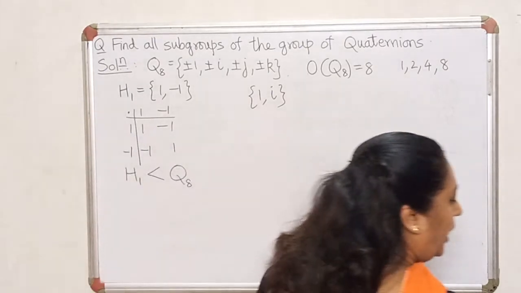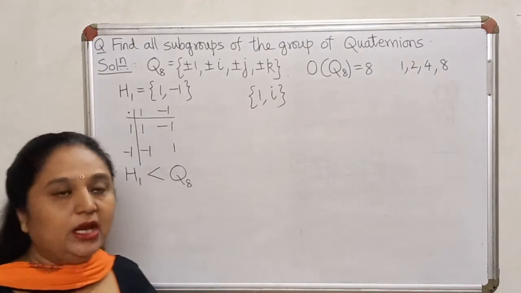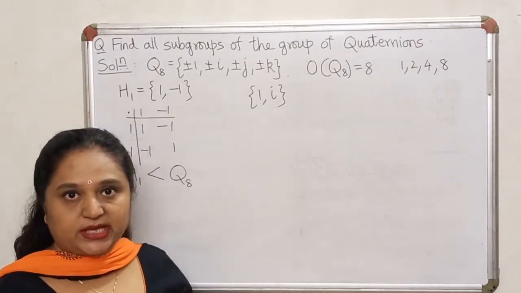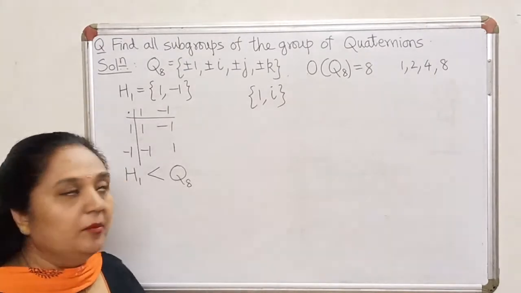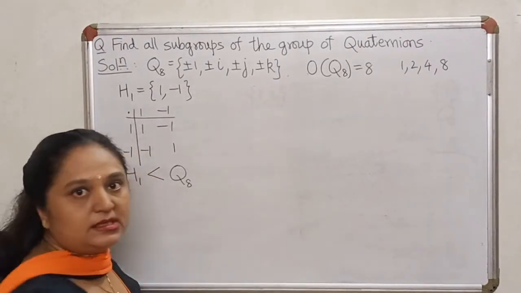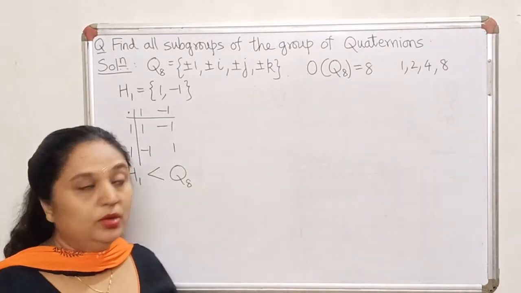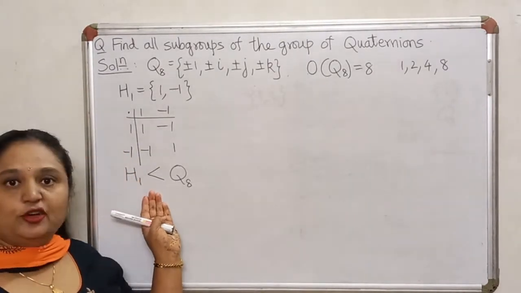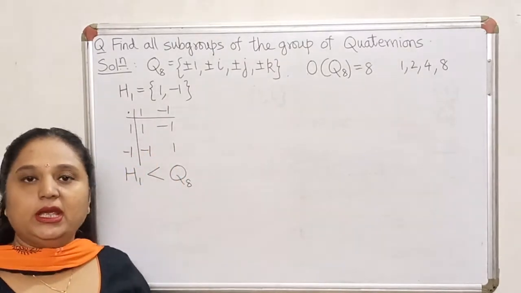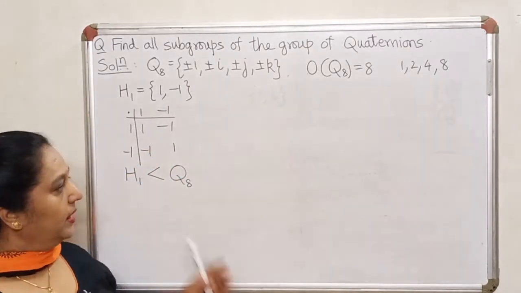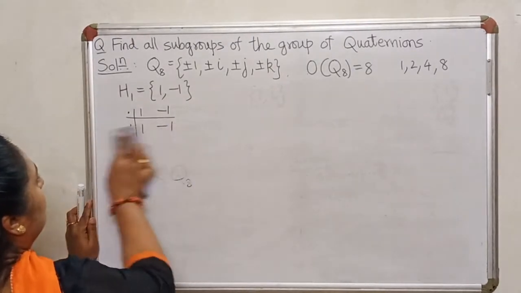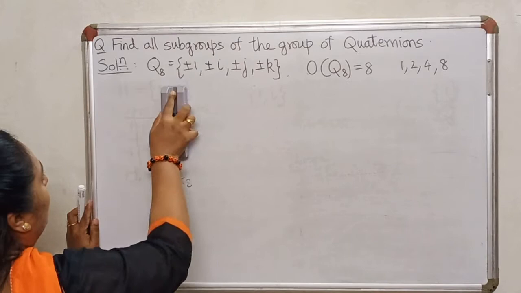And the same way, you can check for the remaining 5 choices also. The inverse is missing and therefore they will not become subgroups. So we will not look at any other subset of order 2. This is the only subset of order 2 worth looking at, and in this case closure property is satisfied and it does become a subgroup. Now let us look at subgroups of order 4.